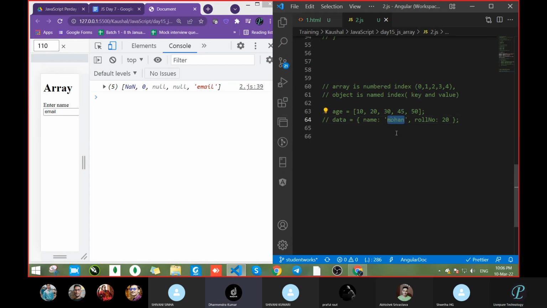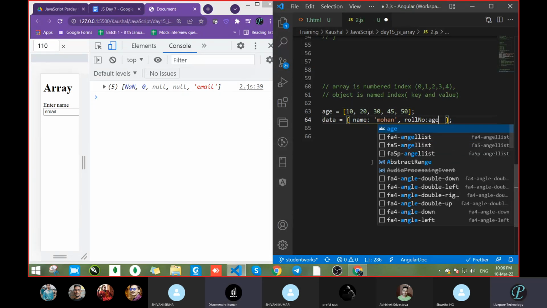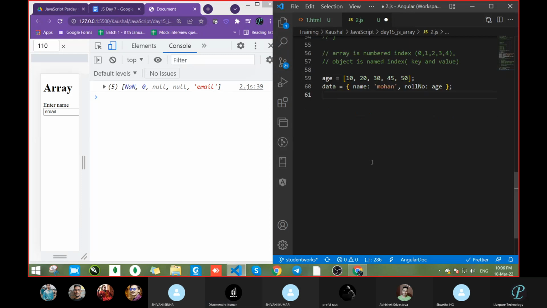There we pass, sir, like age and a square bracket and 0, like that. Is this correct, sir, a square bracket position? You are making an array. No, sir, how can you print a 10? 10 is at the 0 index. Okay, got it. So what are you writing here? Age like this way.